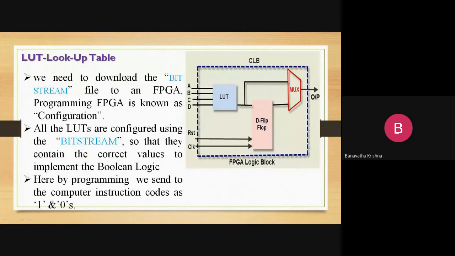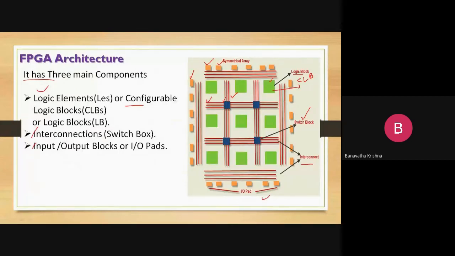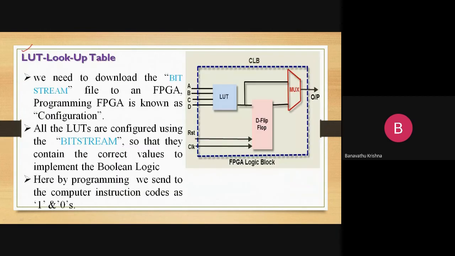So, coming to the lookup table. What is a lookup table? Let us see: in these CLBs, configurable logic blocks, different types of lookup tables are available. Internally it has some logic circuits, and one part of it is the lookup table, the LUT. This is the CLB, as I already told you. The CLB has an internal circuit diagram, and that internal circuit diagram is nothing but the lookup tables.